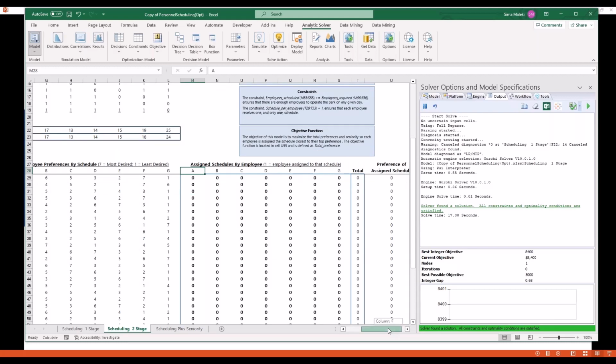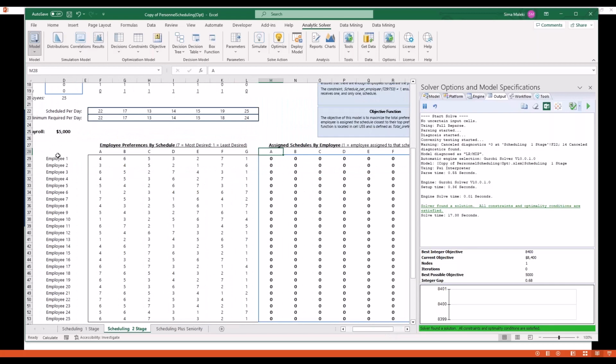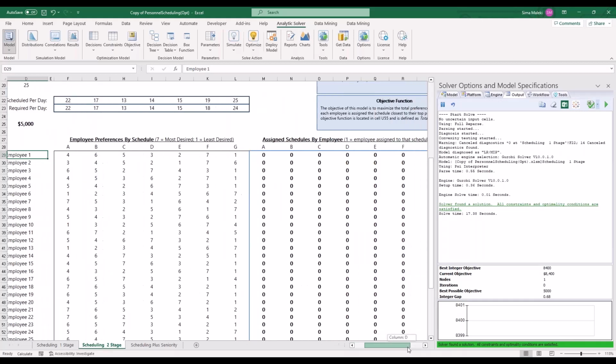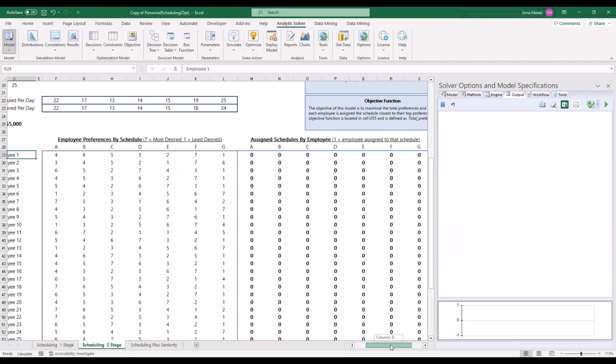And this is the preference table, so it's an input to the problem. Here is employee number 1. Now, with all the employee preferences captured, how should the park schedule the employees to attain the greatest employee satisfaction? This is a very important way of looking at optimization problems. This is a scheduling application, but it can be used in different types of assignment and routing problems, especially when you're dealing with